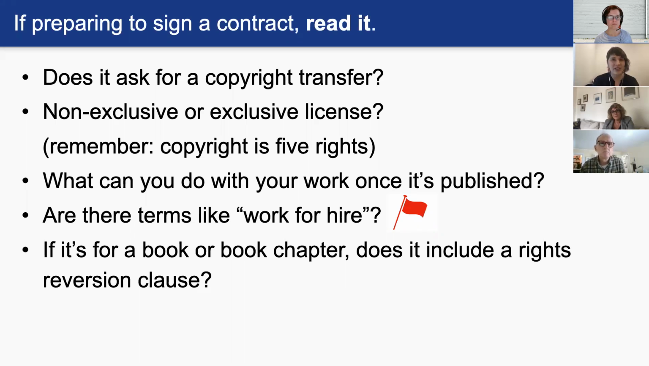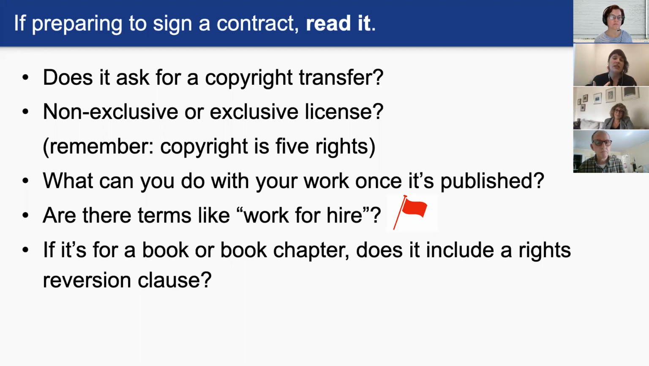So if you are preparing to sign a contract, or honestly, if you've already signed one, it's important to read it. Does it ask for a copyright transfer? Or a non-exclusive or an exclusive license for one or more of those 5 bundled rights? But most of all,